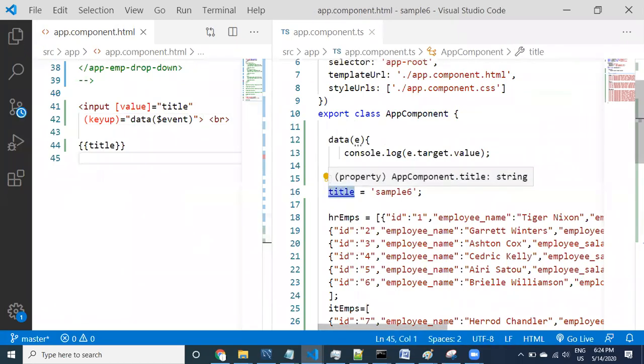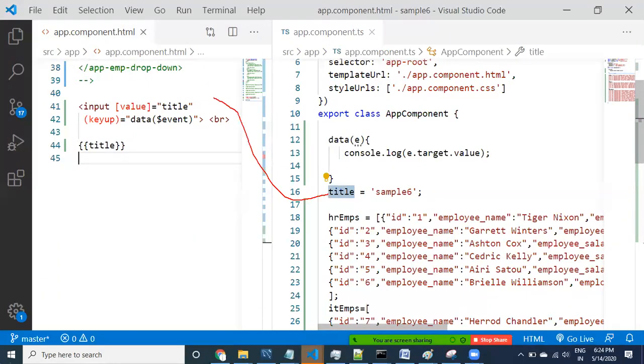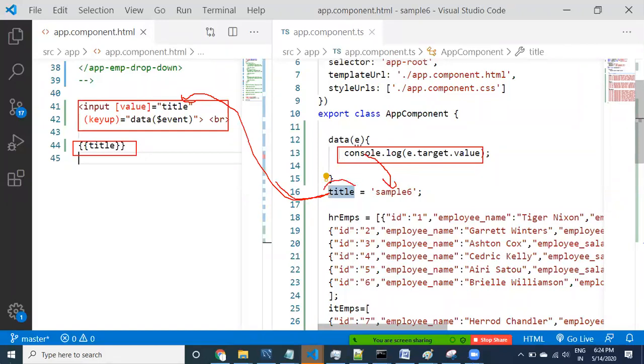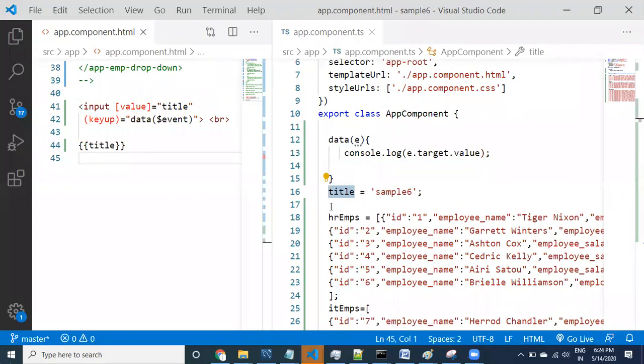This is a component class, right? So we have used this property here. If you change this value from here, what happens? This value is going to automatically update here and then here. Why? Because this property got bound to these two things. So whatever changes you apply here are going to get applied to both of them. Okay, let us check it out, guys, first.